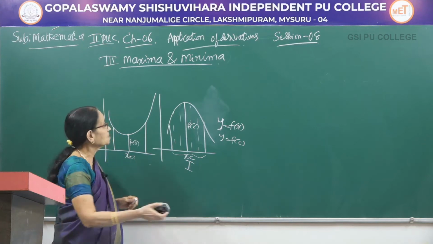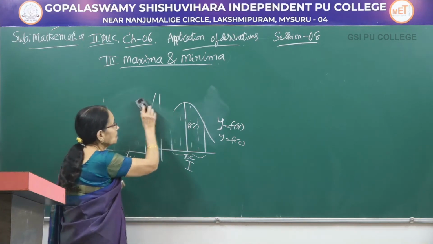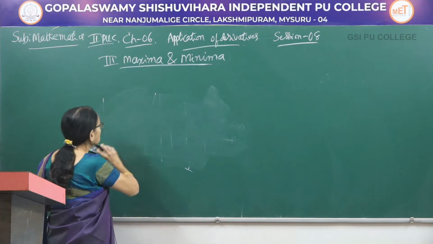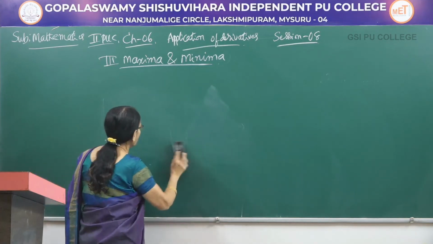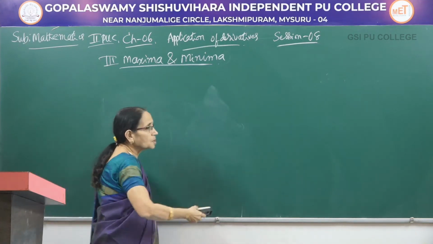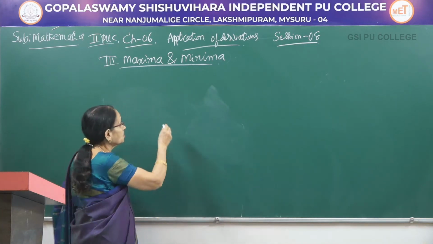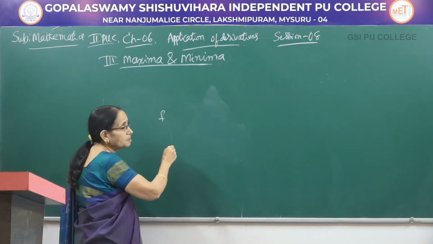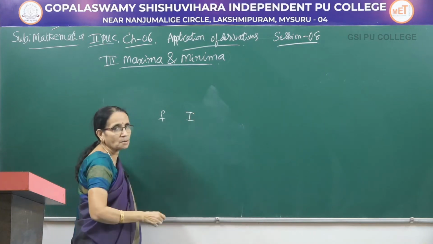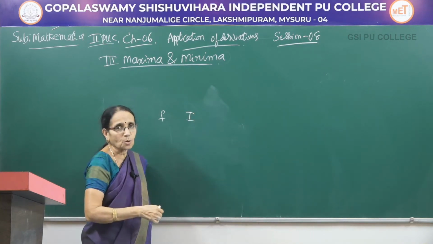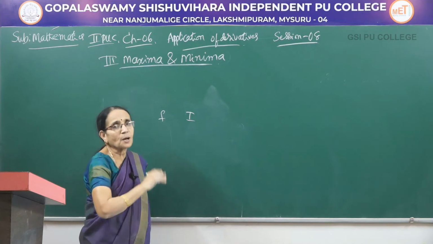So, this is the general definition of maxima and minima of a particular function. That is, when you consider an interval. So, how do you write the formal form of that one? Let f be a function defined on an interval. With the help of the graph I showed you. Without that also, how do you define that one?